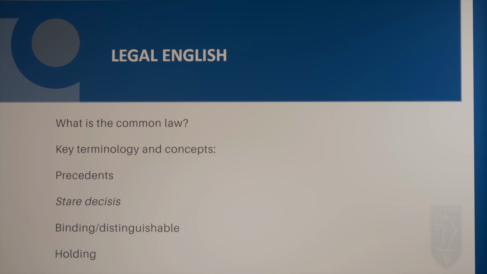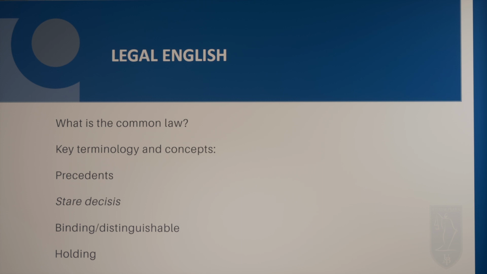So even if a future judge disagrees with what a court in the past has said, if that court is a higher court, for example, a court of appeals or Supreme Court, the lower court is bound to follow it. They have to follow it. And this is how the law develops. Basically, the law is settled by court decisions, but it also has an opportunity to evolve. And to understand that, you have to understand these two terms, binding and distinguishable.